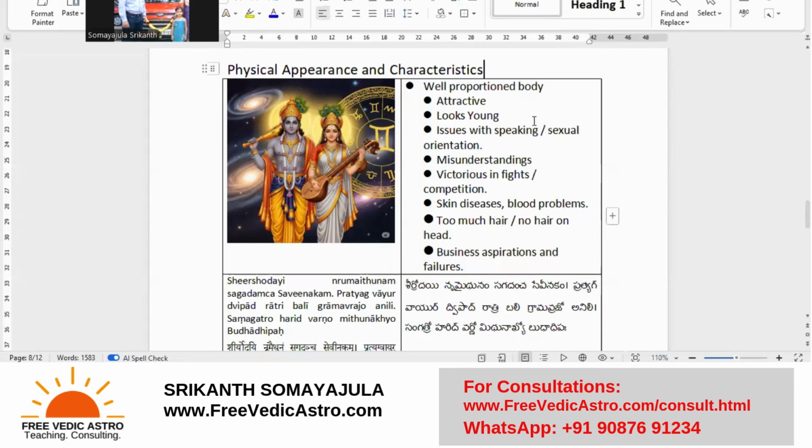So attractive, looks young, right? Mercury is a young person, and Mars is also a young man. So he'll look young, attractive. Now, Mercury is the planet which rules the natural third house, and Mars is the planet which has the signification over the third house. Mars has signification of the third house and the sixth house, right? Both the houses, Mercury is ruling, while Mars has the signification,